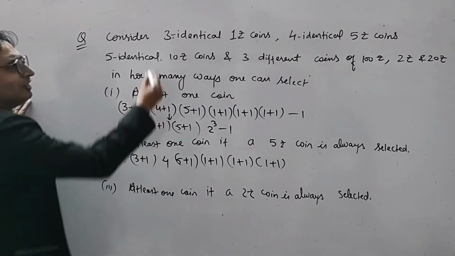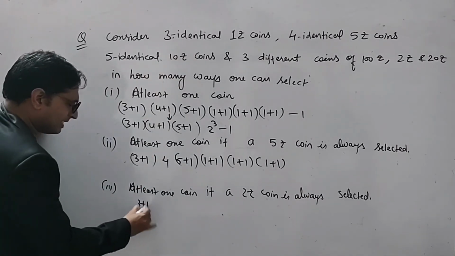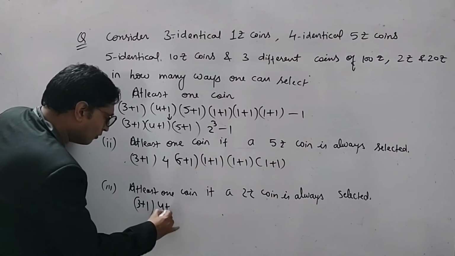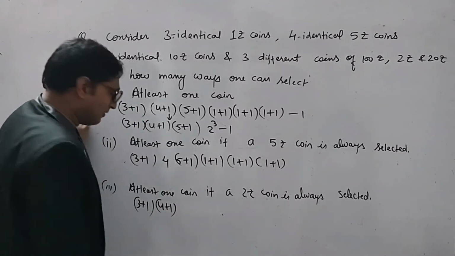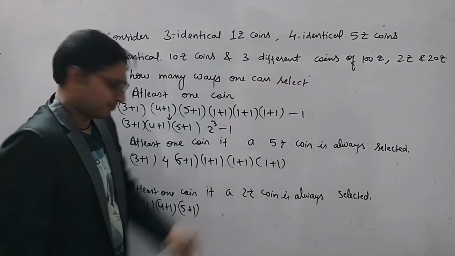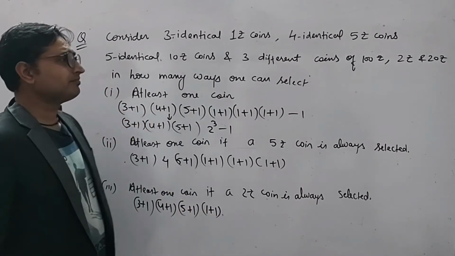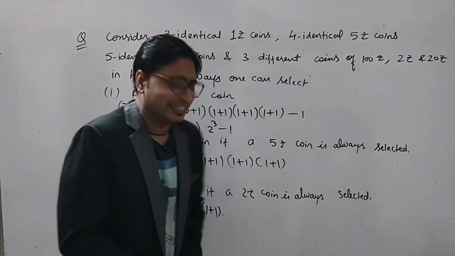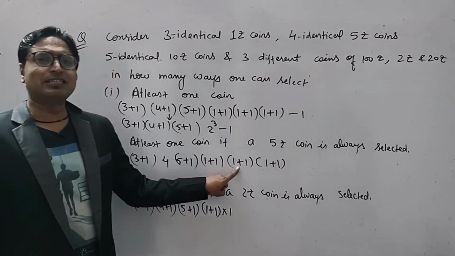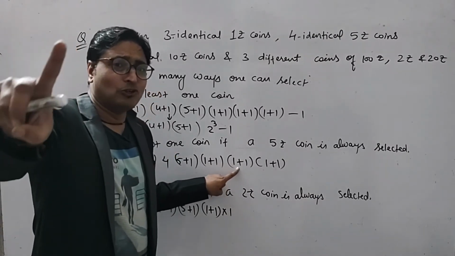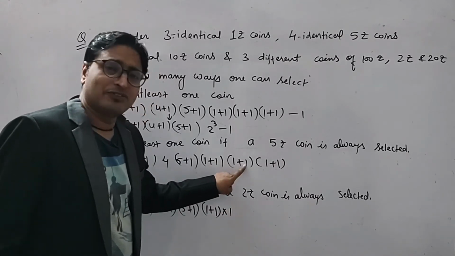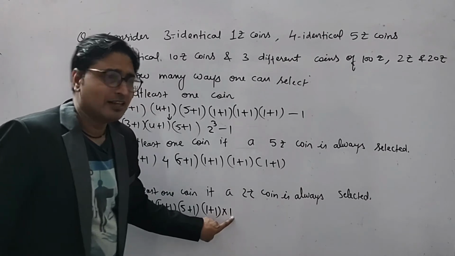So the condition will be for this 1 rupee coin, 3 plus 1 because we can reject. Again for 5 rupee coin, 4 plus 1. And for 5 identical 10 rupee coin, it is 5 plus 1. And for 100 rupee coin, it will be 1 plus 1. And for 2 rupee coin, we will subtract 1 from this condition. Why we will subtract 1? We are rejecting the way through which we have rejected 2 rupee coin. Okay, so we will subtract 1 from this condition, so it will be 1 only because we have only one